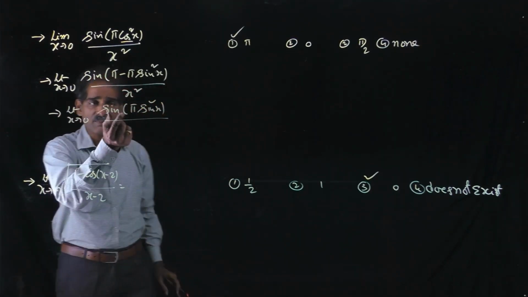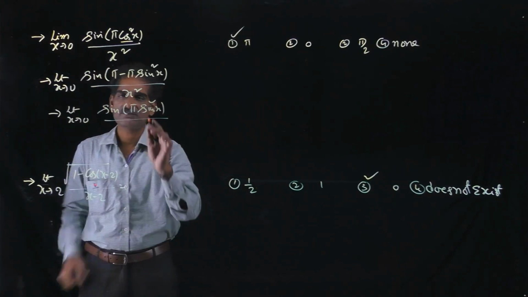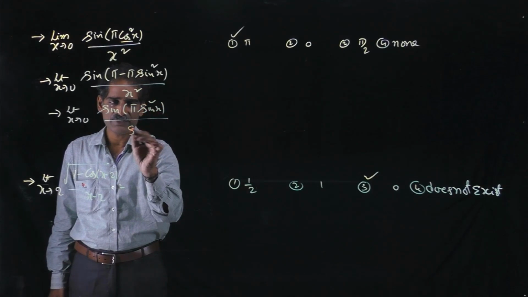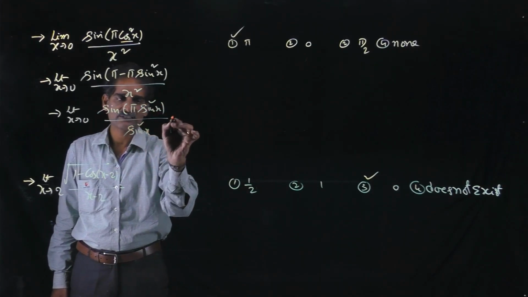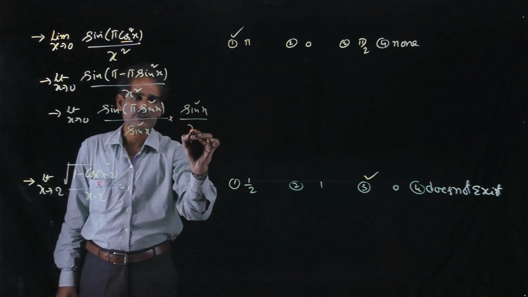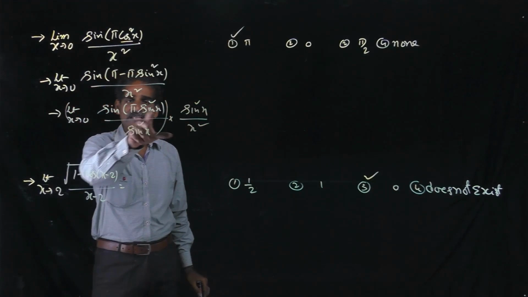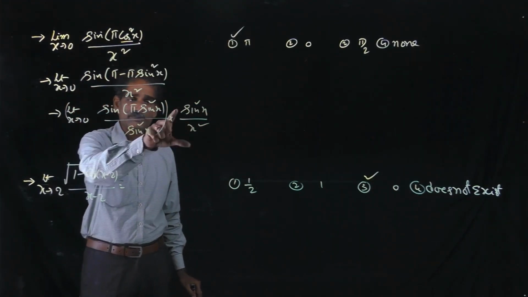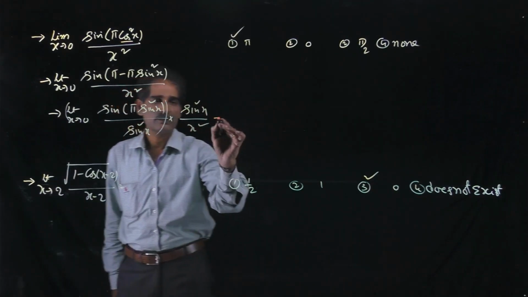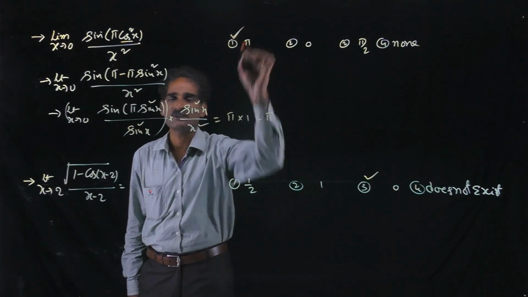Now it is in the form of sine kx. So what is required in the denominator? It is sine kx by x. So for that just multiply and divide by sine square x. Already the denominator is x square. Now observe this one. Limit x tends to 0, sin kx by x is equal to k. Limit x tends to 0, sin square x by x square means sin x by x whole square, that is equal to 1. This is equal to pi into 1, that is equal to pi. This is the first option, that is right.